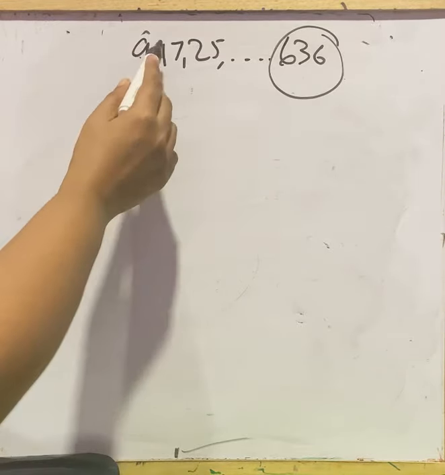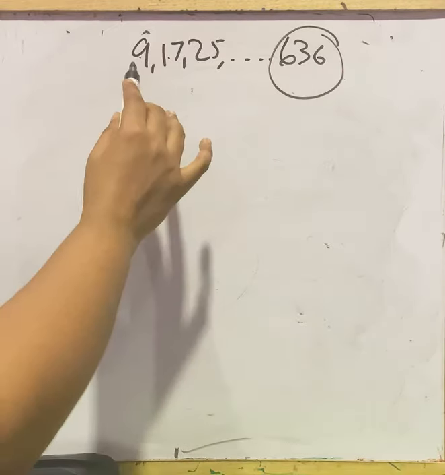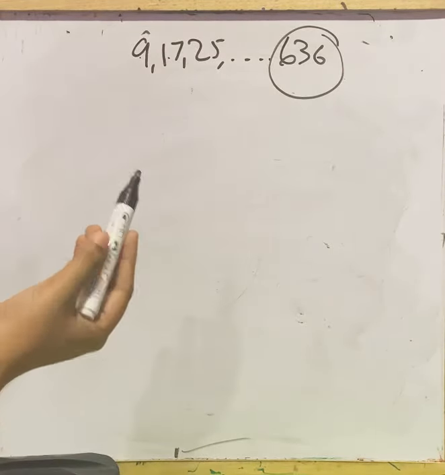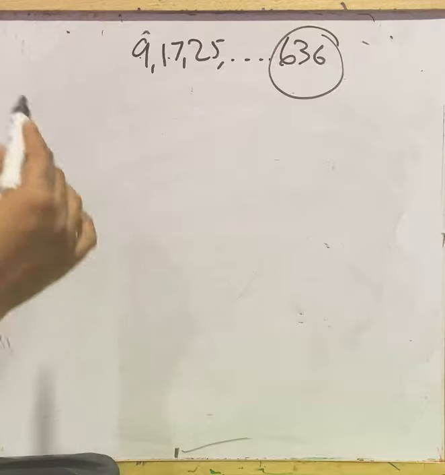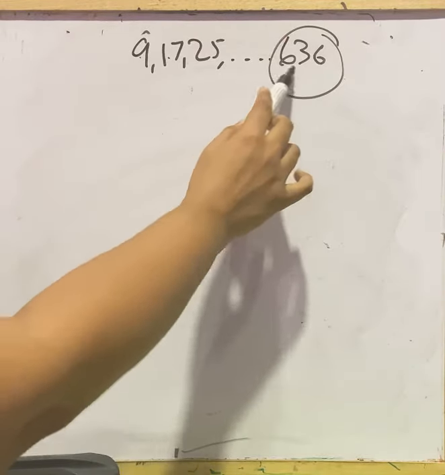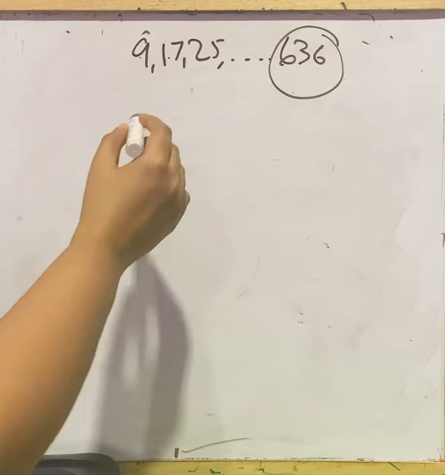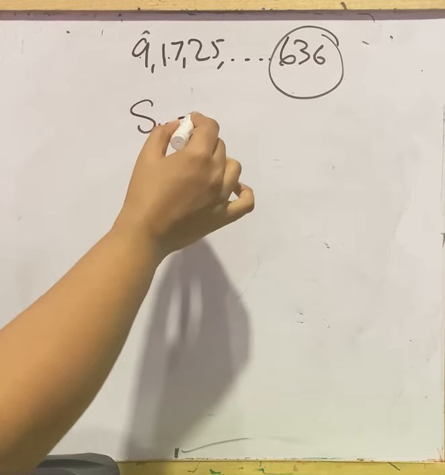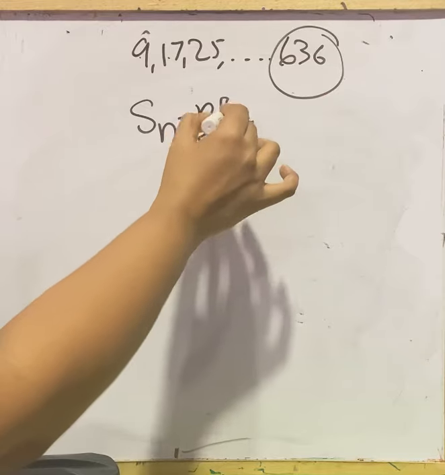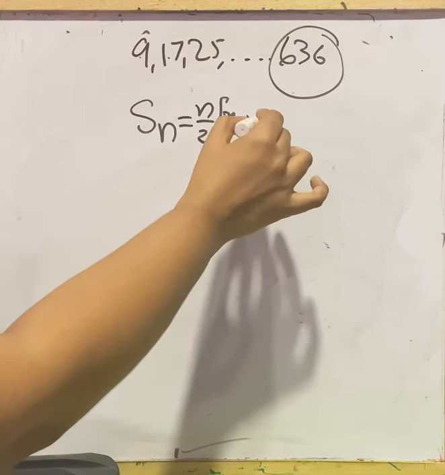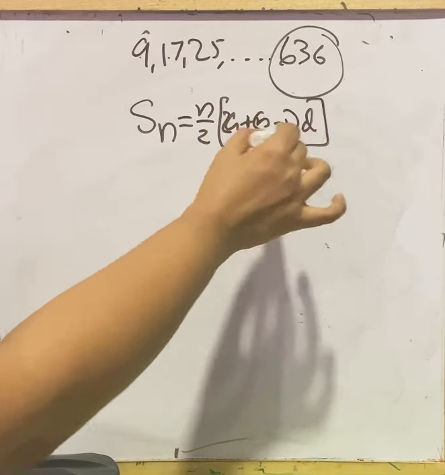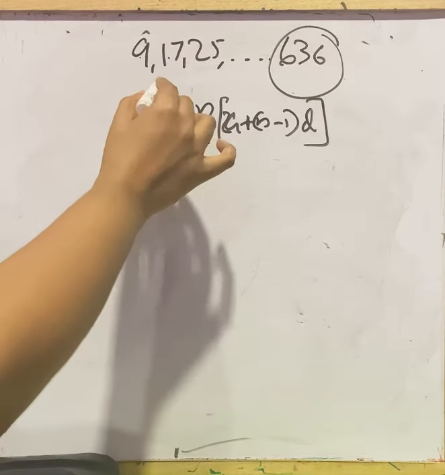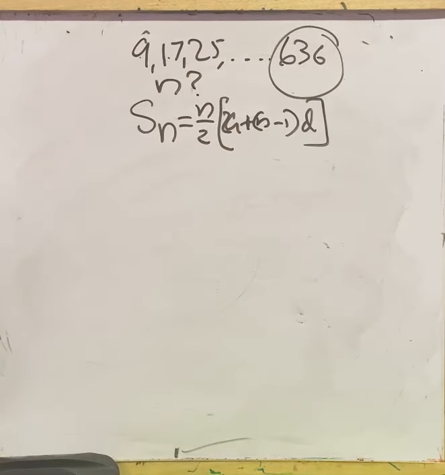That is, these are all the terms, and in such a way we need to take n number of terms and add them, then you will get this sum. So to find that, we know the formula for Sn, that is the sum, equal to n by 2 into 2a plus n minus 1 into d. Here we have to find n, that is the number of terms.